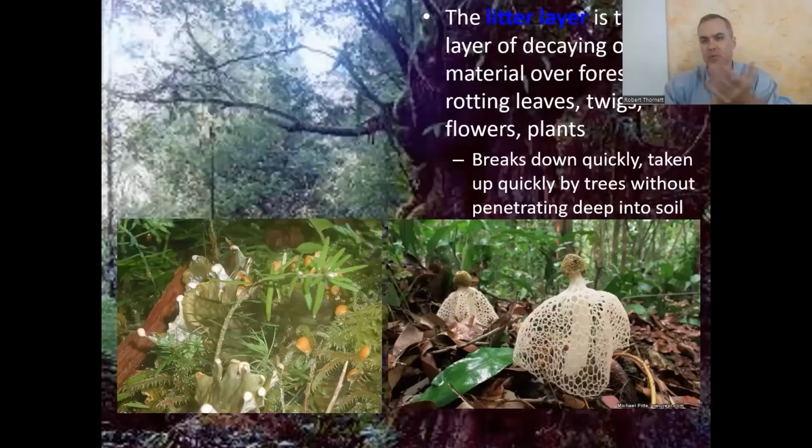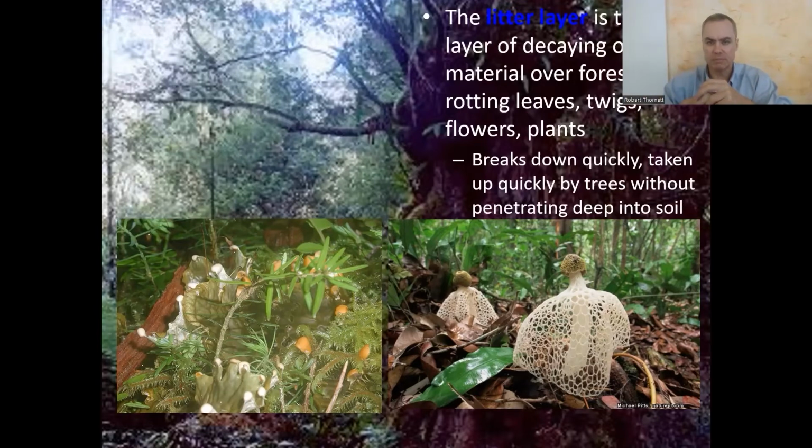So the ground layer of a rainforest is where everything is falling down to. All the vegetation, the highest amount of life is up in the canopy. But at the same time, when those leaves fall off and branches die and animals die, they're going to go to the ground. If you remember, we talked about the bottom of the ocean, where it's called marine snow. All those nutrients fall to the bottom of the ocean. It's a lot like that. And so the bottom is called the litter layer, just like litter, the stuff that's decaying and decomposing.